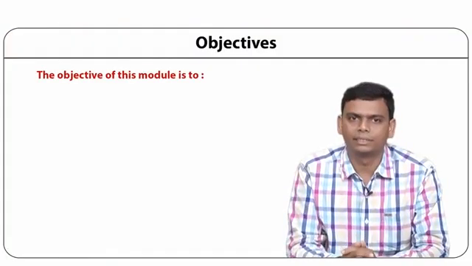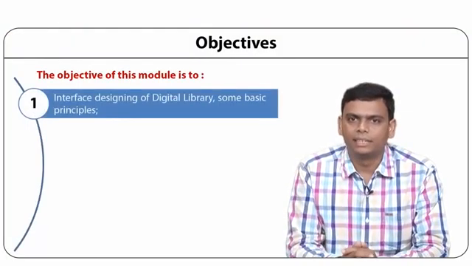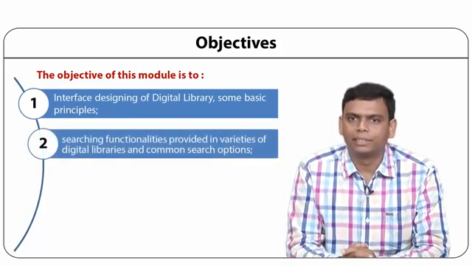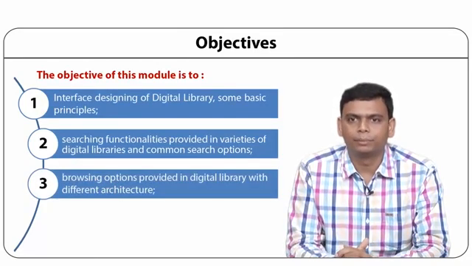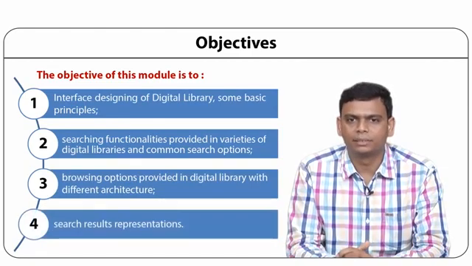Today we'll learn about search and browse interface in digital library, which is a module under the paper Digital Libraries. So in this chapter we'll discuss the interface design of digital library, some basic principles, searching functionality provided in varieties of digital library, common search options available, browsing options provided in digital libraries with different architecture, search results